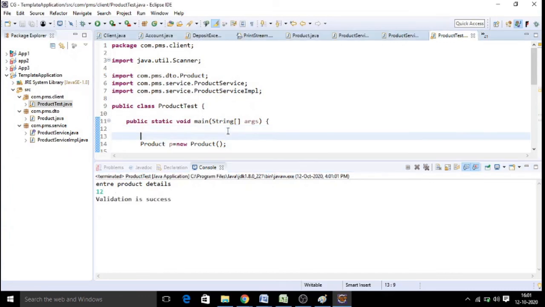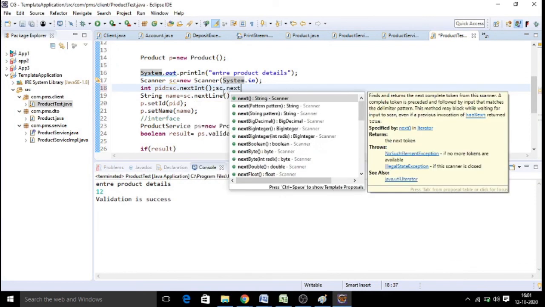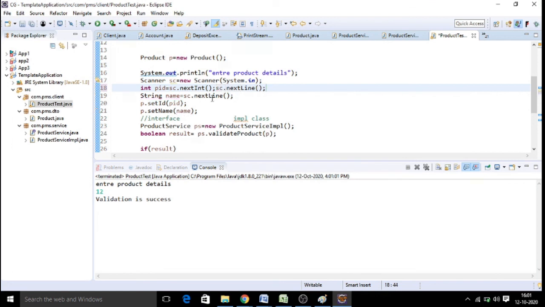See here, the problem with this nextInt is, whenever we read an integer value, immediately you should call sc.nextLine(), because there is a buffer that has to be cleared, otherwise it cannot take the succeeding input.